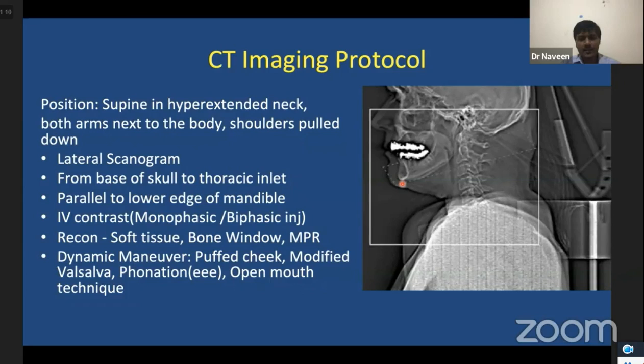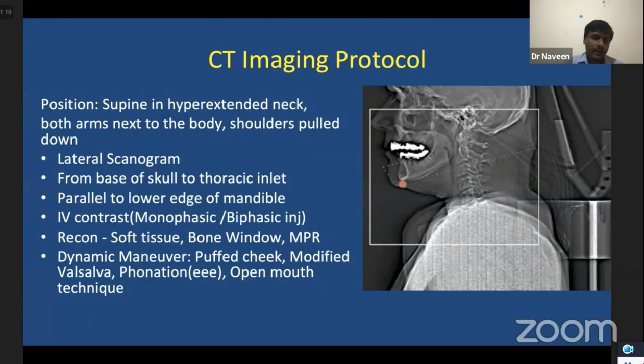Whereas the biphasic injection is recommended if you want to see the vascular phase of the lesion as well as the parenchymal phase of the lesion. In this, the contrast dose is divided. 100 ml of contrast can be divided into 60 ml and 40 ml. First, 60 ml of contrast is injected at the rate of 2 ml per second, followed by a 60-second delay, with 40 ml of contrast injected at 2 to 3 ml per second with a saline chaser, and the imaging can be done after a further 10 to 20-second delay. So this biphasic protocol will help in knowing both the vascular phase as well as the parenchymal phase.